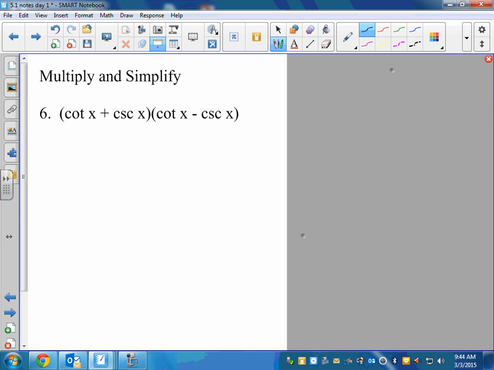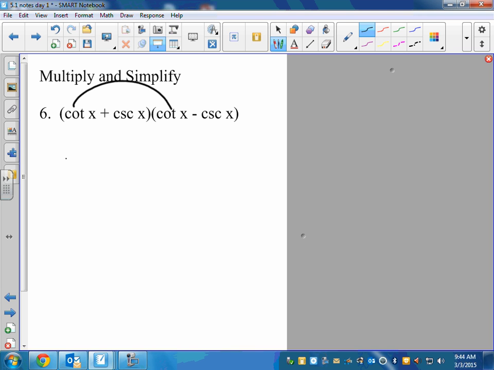Foil? We can't use the Pythagorean identity yet because they're not squared, right? You can only do the Pythagorean identities when they're squared. So Olivera was pointing out that cotangent and cosecant are together in the Pythagorean identity, but they're not squared yet. So when we FOIL them,